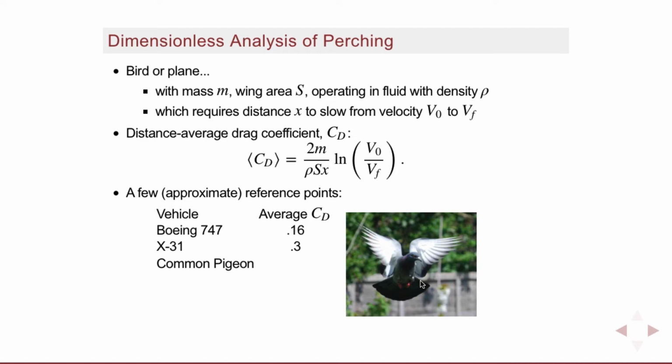They've been trained, and they're actually very agile flyers. Okay, so what do you think the common pigeon scores in the average drag coefficient? Turns out the common pigeon gets a 10. Okay, so he's flapping his wings, he's doing lots of things to get a number that's big. But let me just tell you, this is a ridiculous number, right?